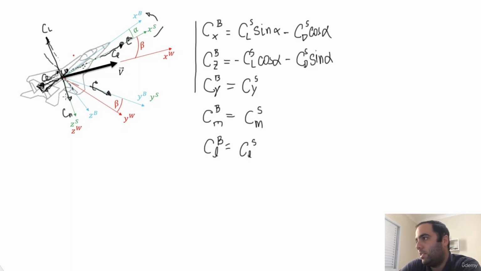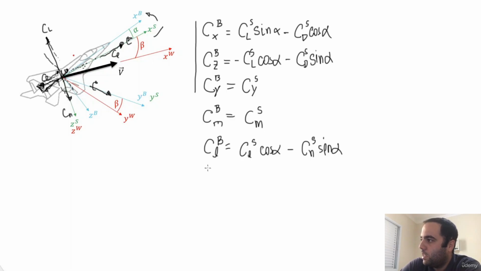As you can see, the Cn will generate also a rolling motion in the body axis, because if you project this guy here, it's going to be a negative contribution. So we have a positive contribution from the CL in the stability axis, and a negative contribution from the Cn. So it's positive CL stability times cosine alpha, minus Cn in the stability axis